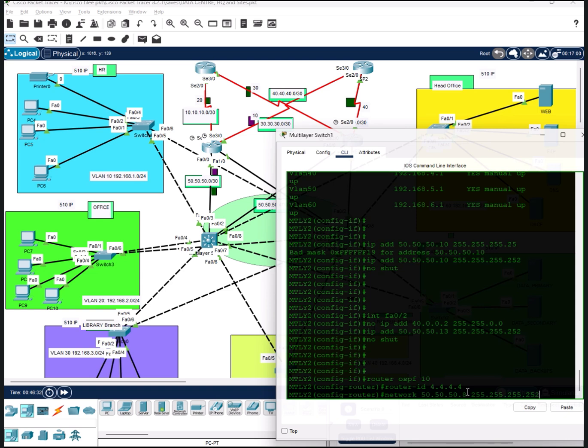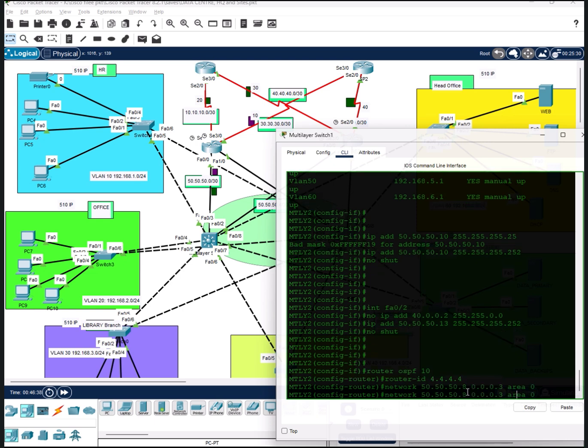However, we know that we're supposed to be using the wildcard mask, so in this case I'll be saying this is actually 0.0.0.0, sorry, .3 area 0. Okay, now if we advertise another network, the other network is actually